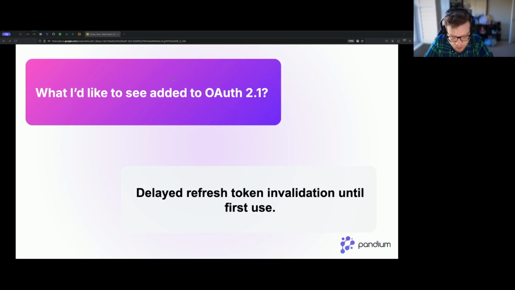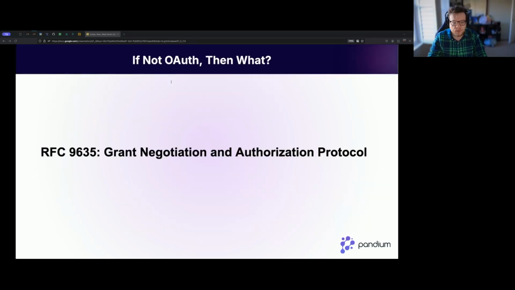And so in my world, if I had one wish, it would be, no, you keep the original refresh token that was used open. And as soon as the new one is used, that's when you close the old refresh token. And this will just create systems that are a little bit more robust without, I think, degrading security at all. And what's really interesting is I'm actually going to use this as an opportunity to enter the RFC process, and see if I can get this into the RFC standard. It's scary. I've never tried to do this before, but it's something I'm interested in trying.